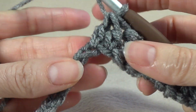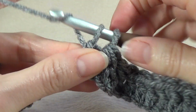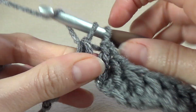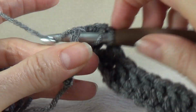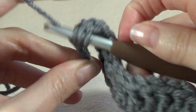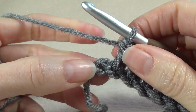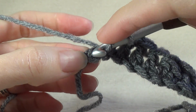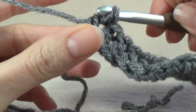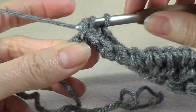We're going to double crochet into the next 4 chain, and then when we get to the last chain, we're going to make 2 stitches into the same stitch because we need to finish on an increase. Now if you have extra stitches than me, continue across and you'll just repeat that pattern,